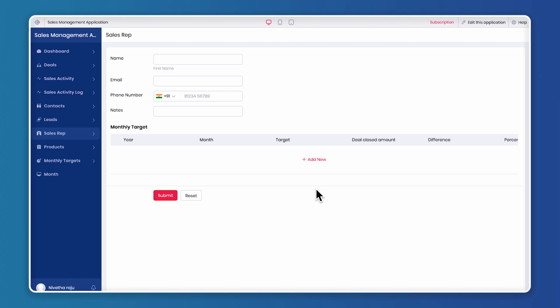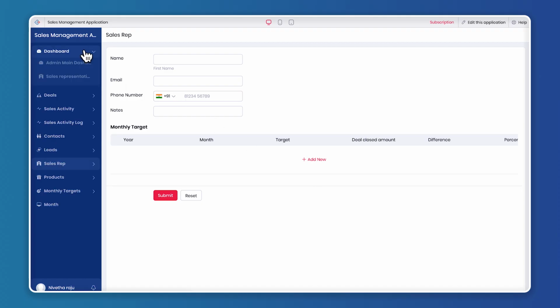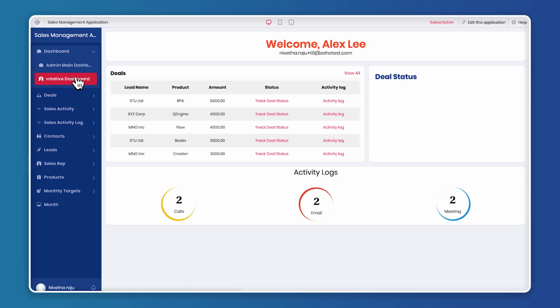So the dashboard that we are going to create is for the sales representative. I have already created the dashboard, I'll quickly show you. So this is the dashboard that we are going to create. You can see we have different panels and the table, and then we have another panel. This panel holds the greeting message along with the email address. And this table has the deals information along with the lead name, the product name, amount, status,